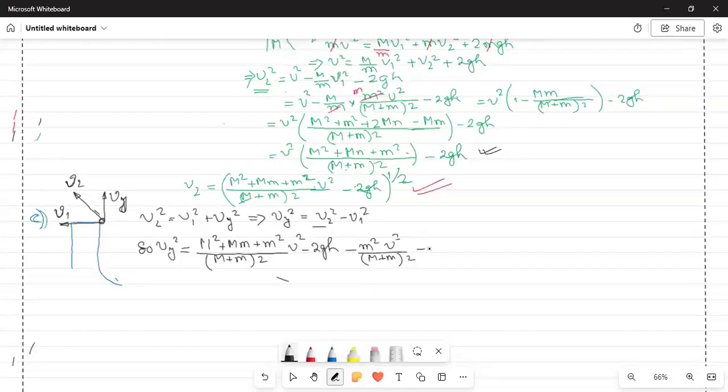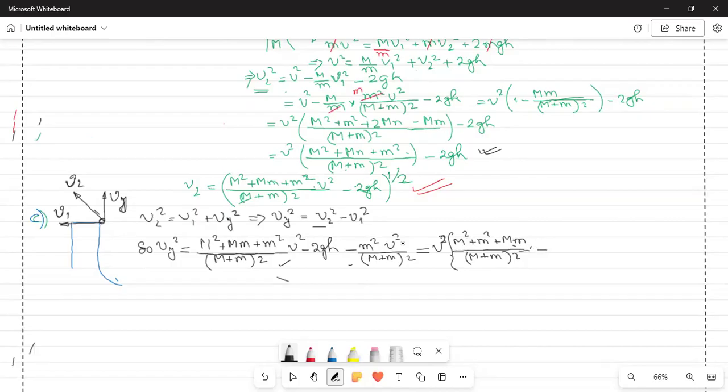This is equal to, we take v square as common from these two terms. V square you take common, then from here I have capital M square plus small m square plus capital M into small m, divided by capital M plus small m whole square